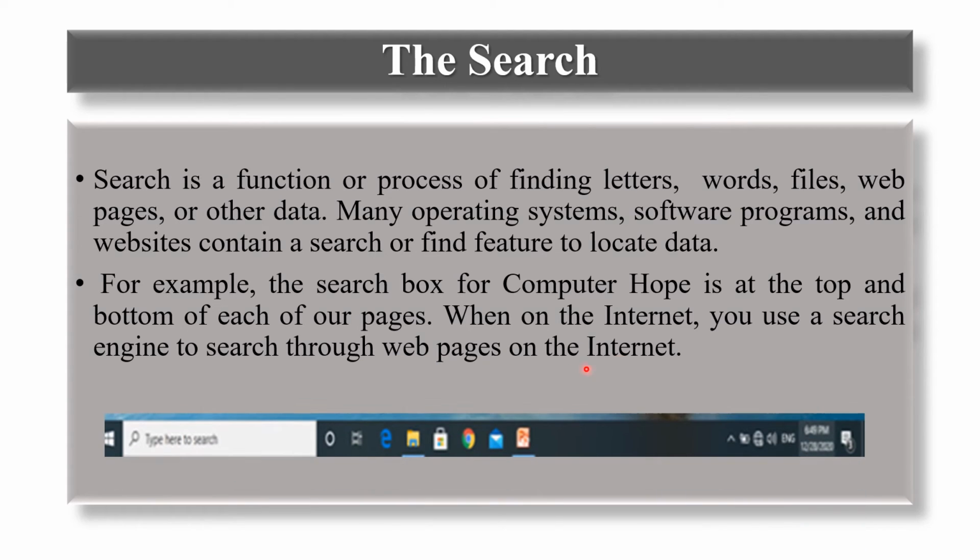Here is the image of the search box. So, if you are not sure where a program is located on the start menu, begin typing the program name to search for it. The process of searching files and folders has the following steps.